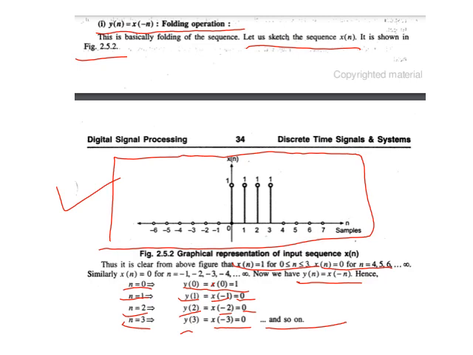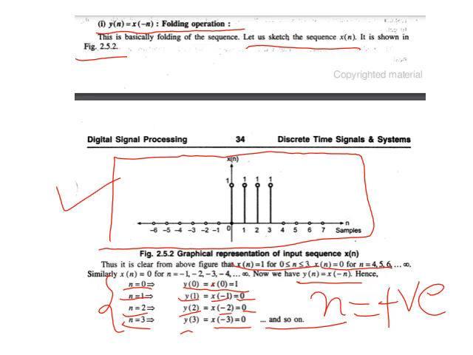So for the positive values of n, now we are getting 0 values of y of 1, y of 2 and y of 3, and y of 0 is 1 because there is no change. We don't write minus 0 or plus 0, 0 is 0 only. Okay, so this is the first part when n is positive.